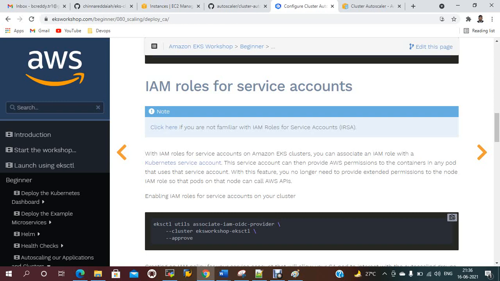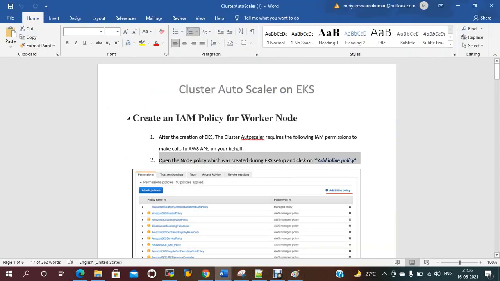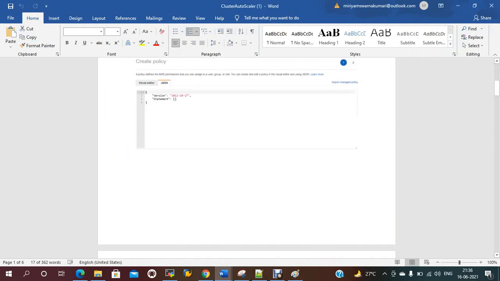With this feature, we no longer need to provide extended permissions to the node IAM role. So step one, we have created an IAM policy and this is done.